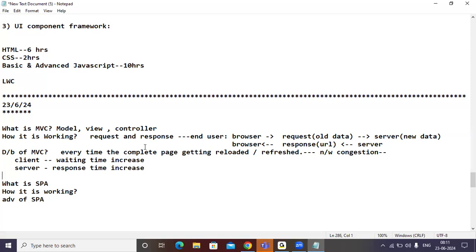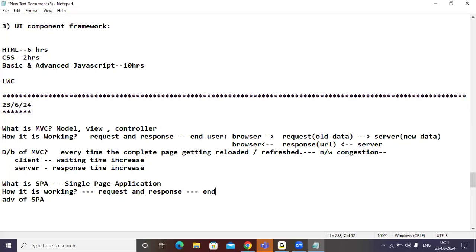So to avoid this problem, they developed a concept called single page application. SPA means single page application. It is also working based upon the same request and response model.